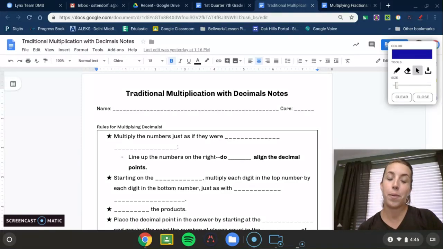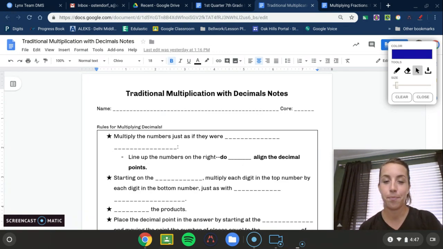In this video, you will be learning how to multiply decimals. Previously, you learned how to divide decimals. So we will be multiplying decimals the traditional way. The first thing we'll do is go over the notes portion. I'll show you an example and then we'll do 2 practice problems together and then we'll move on to the